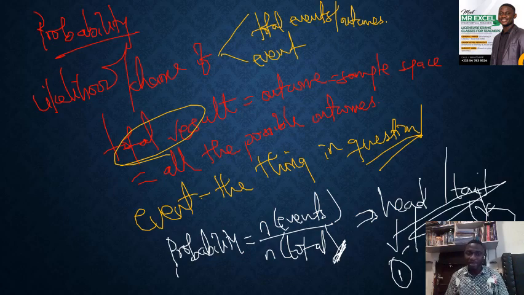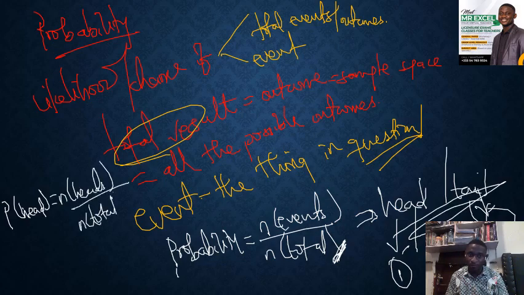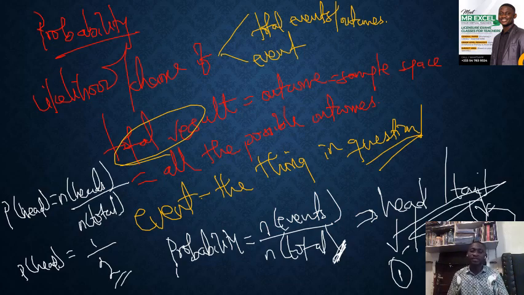So by probability of a head or a tail, we can say P of getting a head is equal to the n of heads over n of what? The total. So then probability of getting a head, because how many heads do we have in this tossing of the coin? We have only one head. What is the total number of events we had from this? We had one head and one tail. So the total number of events we saw in that case is what? 2. So then probability of getting a head in a case like this is what? 1 on 2.